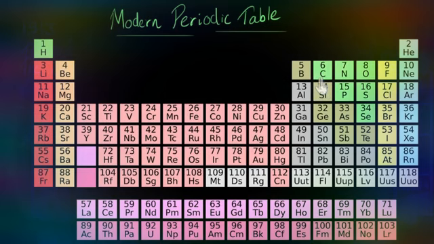So this is how the modern periodic table solved a few of the limitations of the old periodic table. There is one limitation that is still not solved by the modern periodic table, which is the position of hydrogen. See, even in the old periodic table, we were not sure where to place hydrogen, because hydrogen shows some chemical properties that are similar to group 1 elements and some that are similar to group 17 elements, but yet it is different from both of these groups, okay? So we still don't know where to place it. Even with the new periodic law, we don't have a definitive answer for this. Some people do place it in group 1 along with the group 1 elements because hydrogen has one valence electron, just like the elements of group number 1.